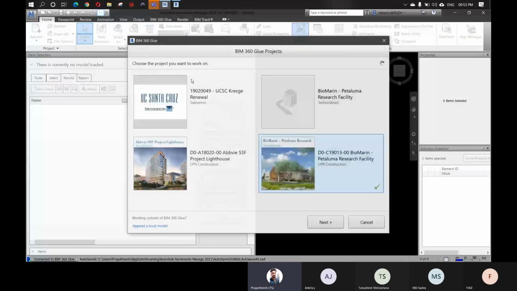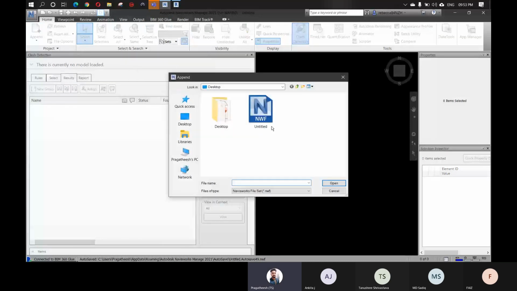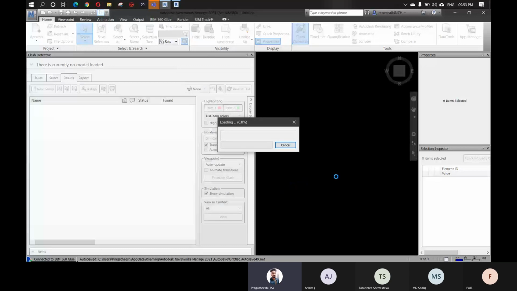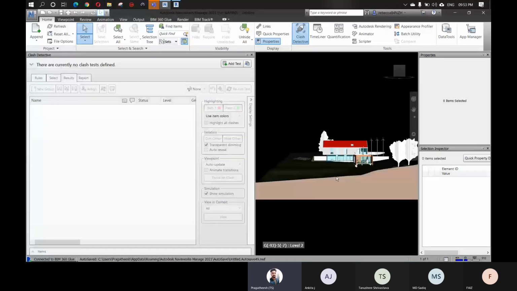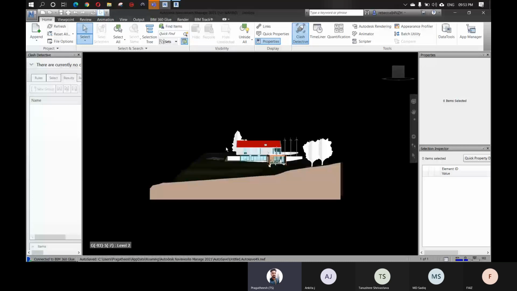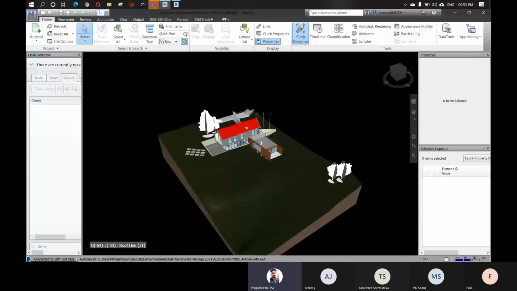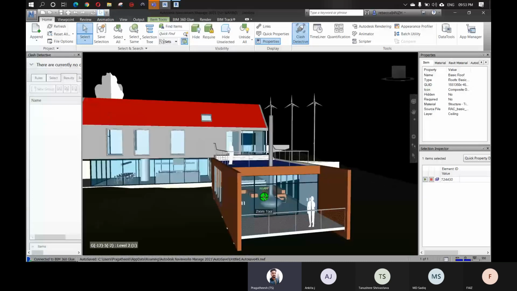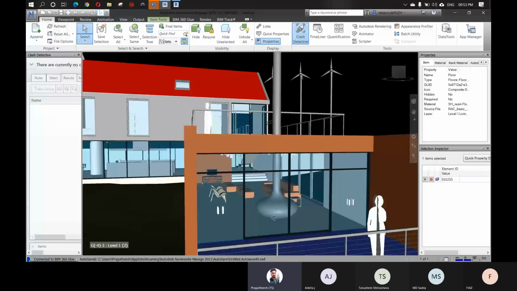Let me close this one, and we can open the file which we exported right now, which is this one. Here let's say that I want to find a particular element.